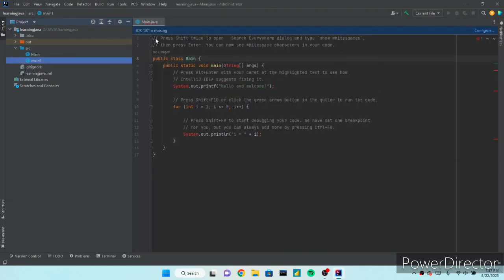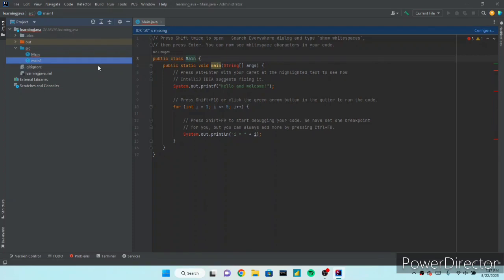So you have to just go through the source. Here you can see the main. So my main.java file is open now. Basically when you create your new project, it will open your main.java.